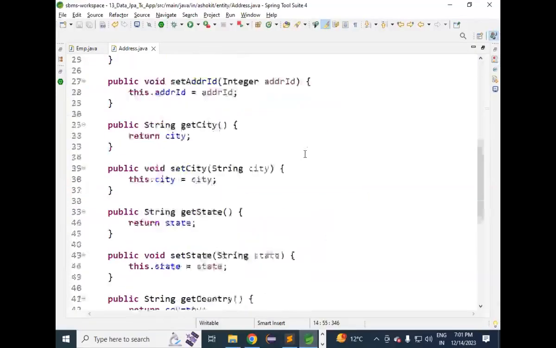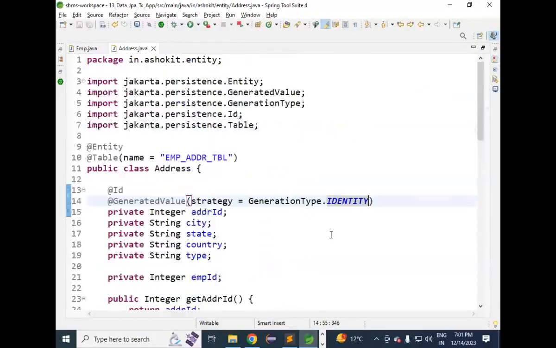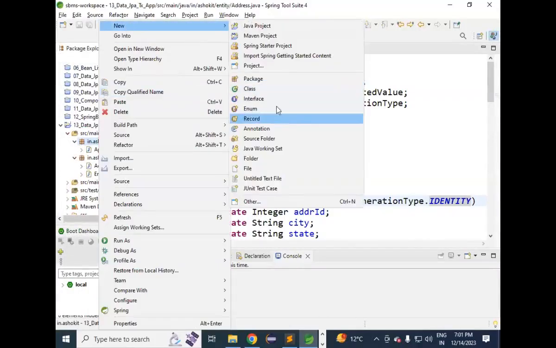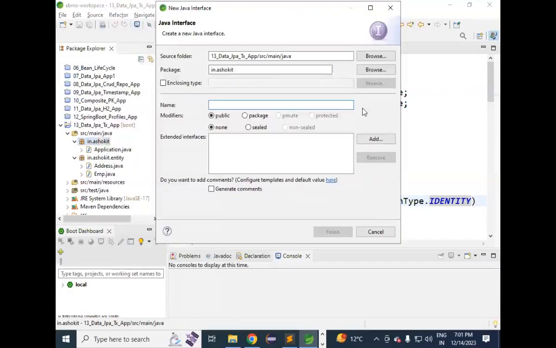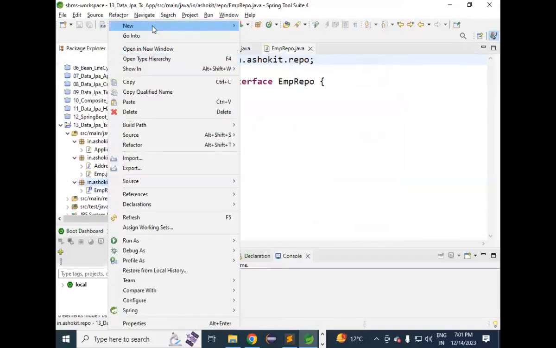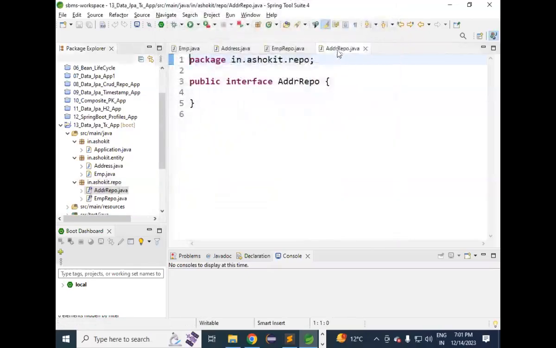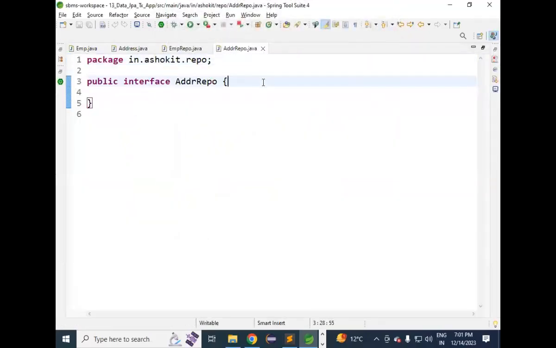Right, I have the employee table and I have my address table also. Let me go to the repositories now. I need to create a repository for every entity. Let me create it as EmpRepo and AddressRepo. Extend the properties from JpaRepository. Extends